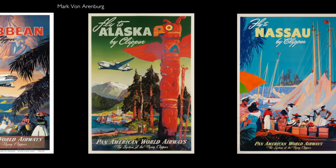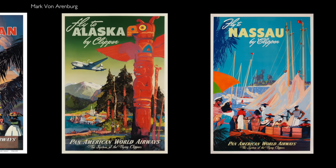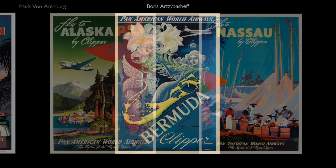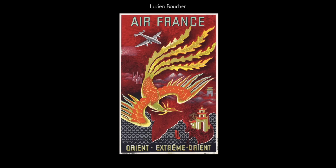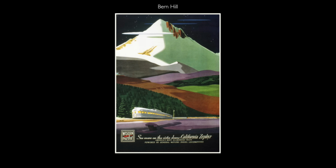It was at this time that more symbolic approaches started being employed to encapsulate the qualities and character of many various and frequently exotic destinations on offer, by creating decorative composite imagery, and some, such as Lucien Boucher, even use empathetic national styling. But this approach was only one of many others taken in the post-war years,